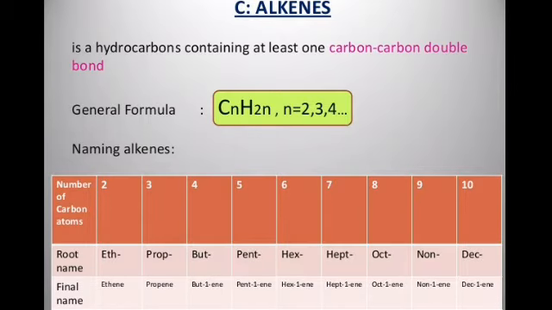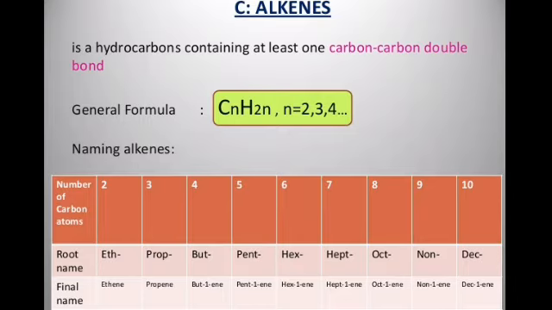Alkenes are the hydrocarbons that contain at least one carbon-carbon double bond. They have a general formula CnH2n where n starts from 2. Naming of alkenes. Their name has two parts, that are the root name and the end name. For two carbon compounds we have "eth", and adding "ene" at the end, the final name would be